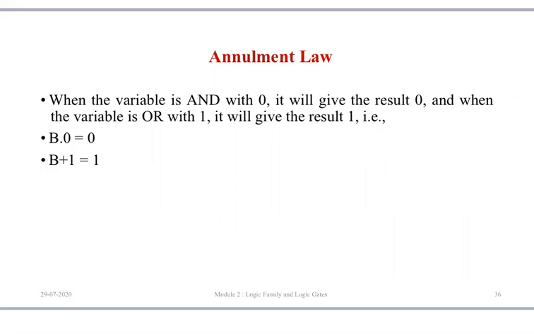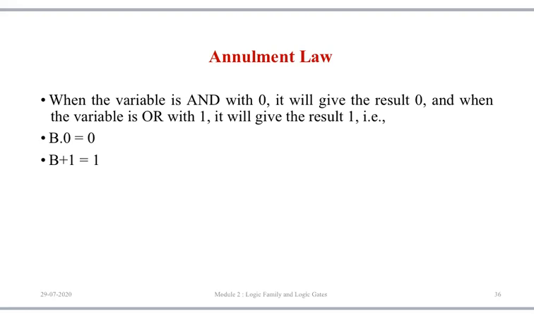Now b plus 1, you will feel the value is greater than 1. But in Boolean algebra we have only 0 and 1. We don't have the concept of carry here. So b plus 1, the answer will be 1, because there is nothing above 1. So b dot 0 is 0 and b plus 1 is 1. Suppose after reducing you have an equation b plus c plus a plus 1. You can remove all of this, because finally your output will be either 0 or 1. You cannot exceed anything greater than 1. So b into 0 is 0, b plus 1 is 1.